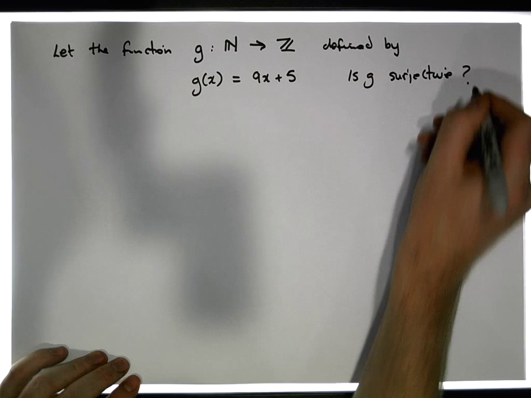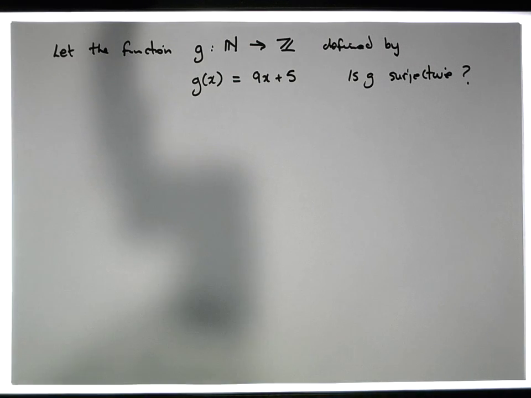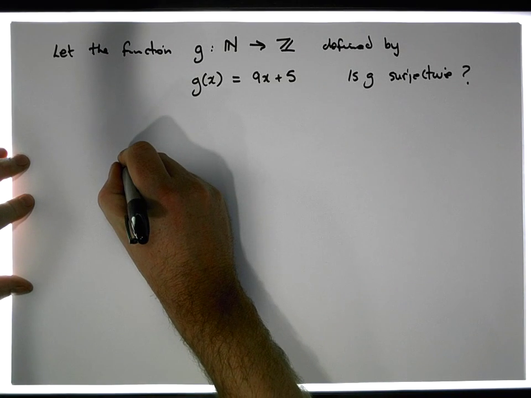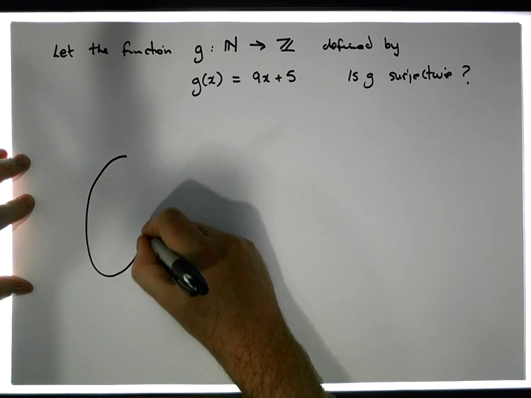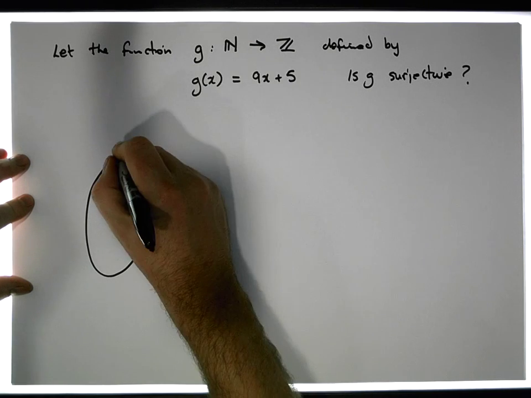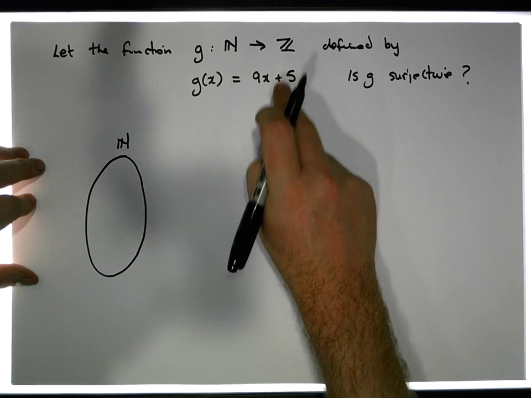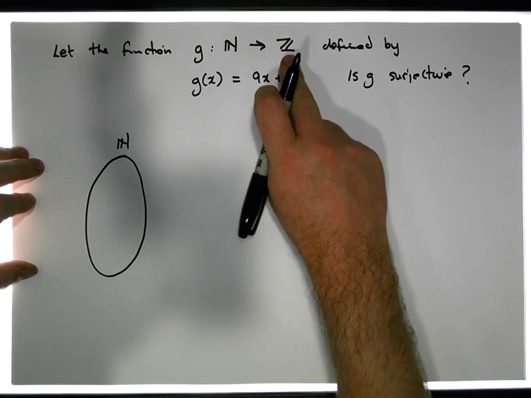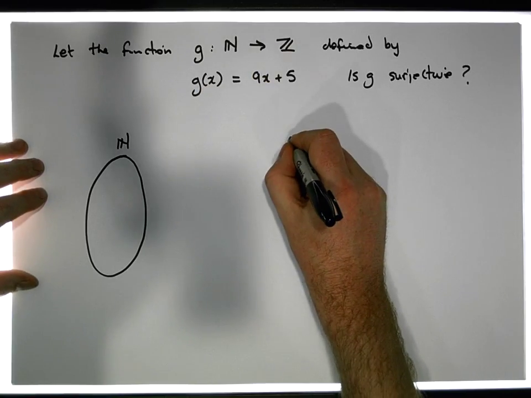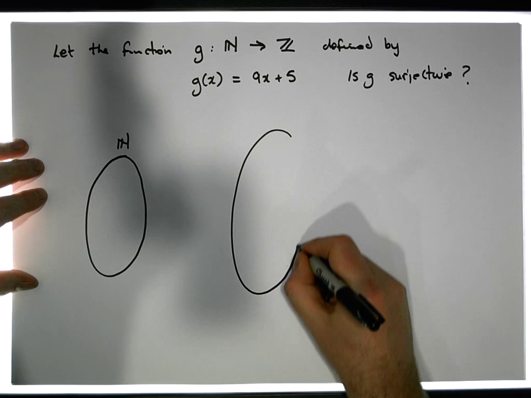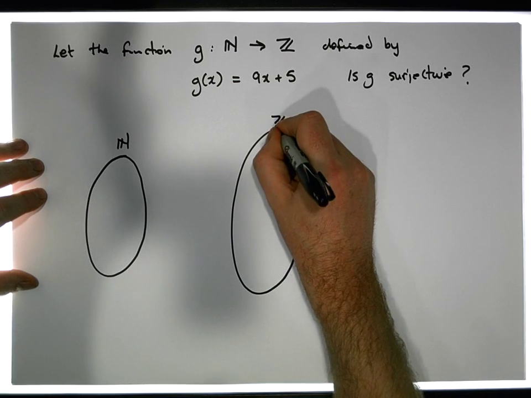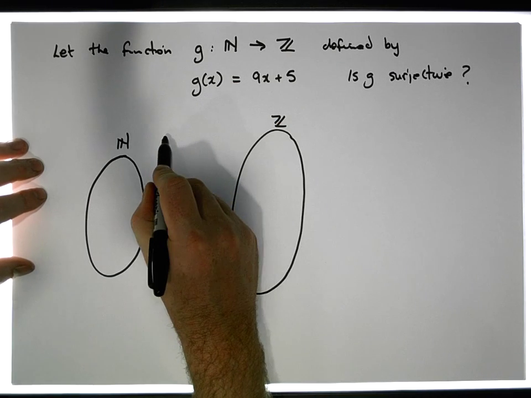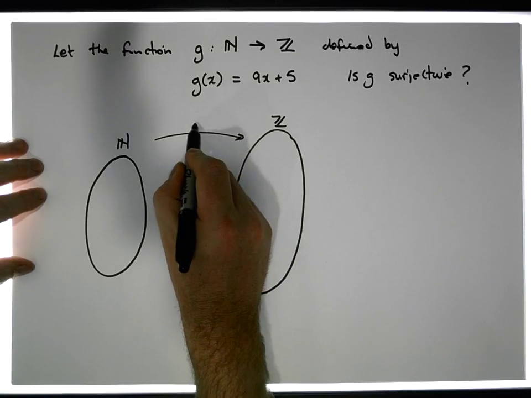Let's map it out from an arrow diagram perspective and see how we get on. We have the set of natural numbers over here. That's the domain. What we're defining to be the codomain is the integers. This is the set Z, and g is a function that goes from here to here. G is the function that takes natural numbers